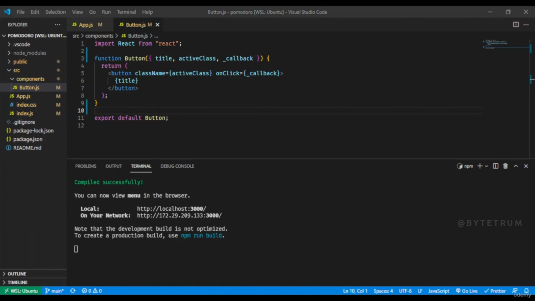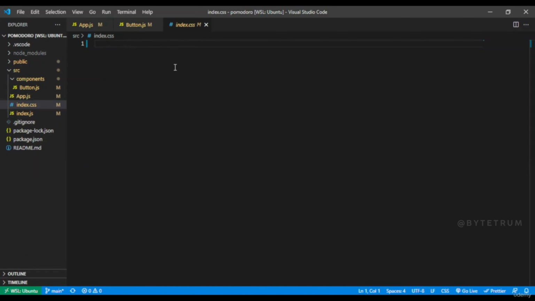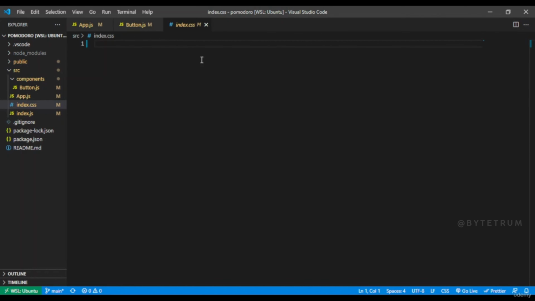Now coming to our application, we will be doing that inside the index.css file, and right now you can see that it's completely empty. Let me minimize the terminal. Now here we'll start styling our button component. This is the button and it does not need any class. This is the native or default name, so we'll give it to button. Inside of this we'll be giving